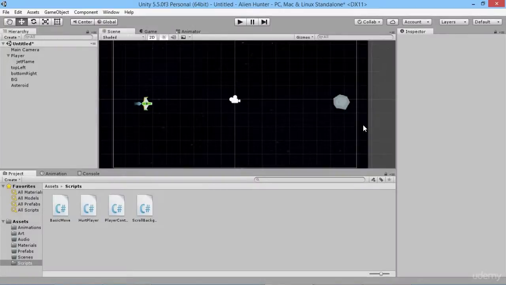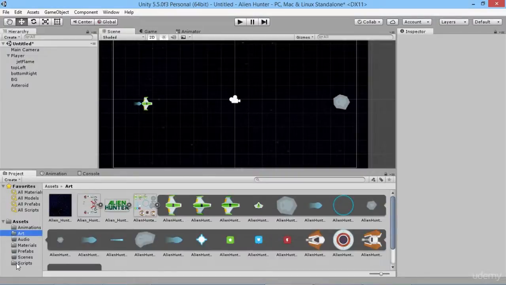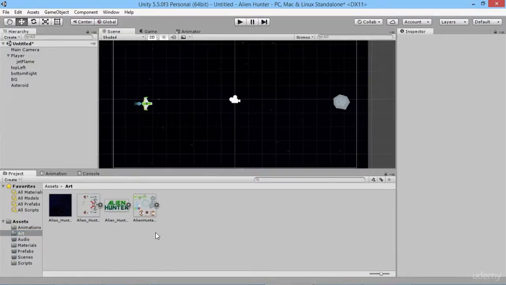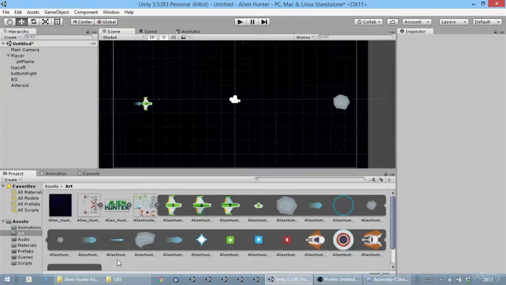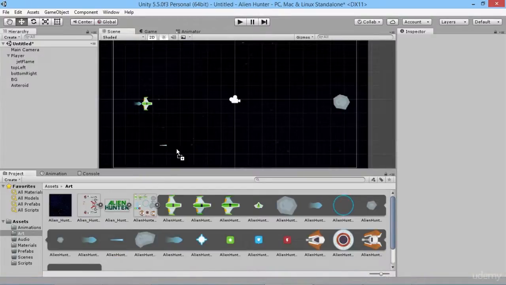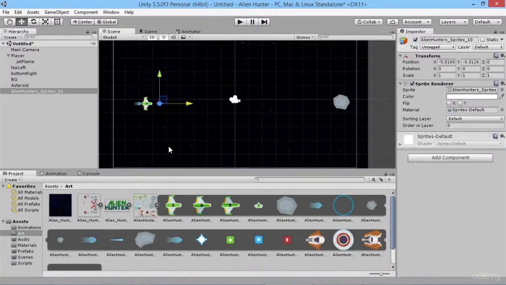So now that our player can get hurt by things, let's add a way for him to be able to fire back and launch some deadly lasers back at our enemies. So to do that, we're going to start off by going into our art folder, and we're going to pull from our sprite sheet of various things here. We're going to pull this little blue laser looking thing. I'm just going to drop that in front of our spaceship right here. I'm going to rename this to be player laser,